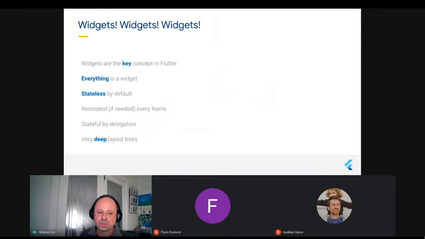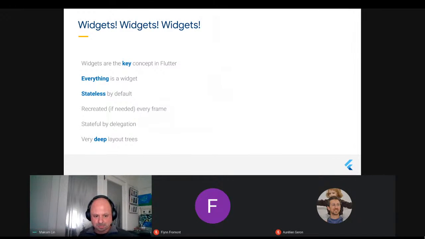Now, of course, the user interface of an app does change. It reacts to things all the time. So you do have to have state somewhere. And what Flutter does is introduce another concept called stateful widgets, which are actually stateless widgets that delegate keeping state to another class, to another object.